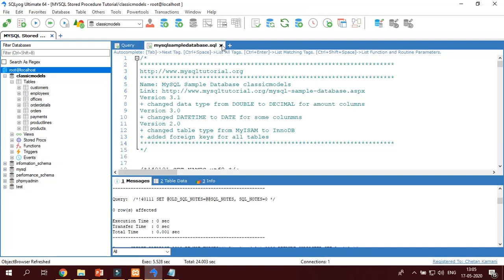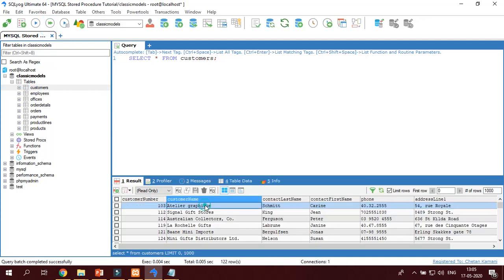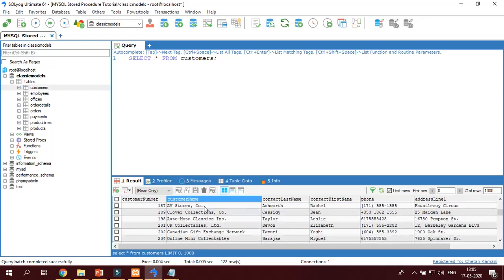Open SQL Yog. I am going to change the delimiter. First of all, before changing the delimiter, select star from customers. This is the table. Execute the query, and we have got the result over here.